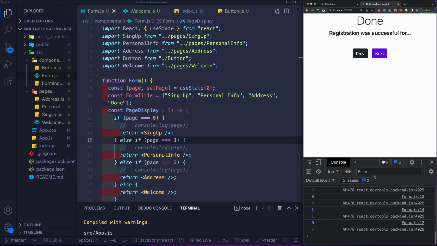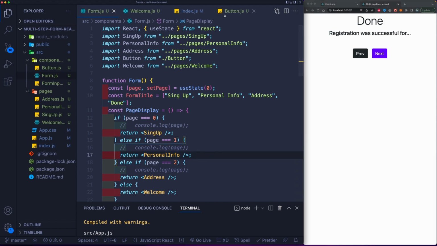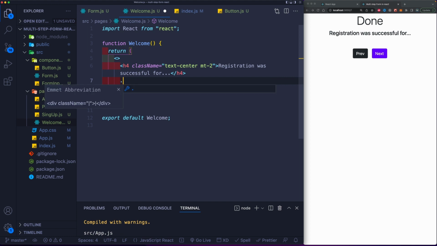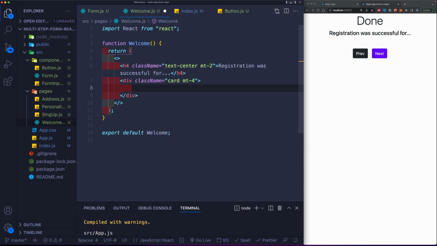You know what? I'm going to also close up the console. Don't need this right now. Okay, let's move back to welcome, and let's continue on by styling our welcome and creating our welcome form. After our h4, I'm going to create a div with a class of card dot margin from the top 4. Within here, I'm going to go ahead, create a h6 with a class of card header, a bg dark, and